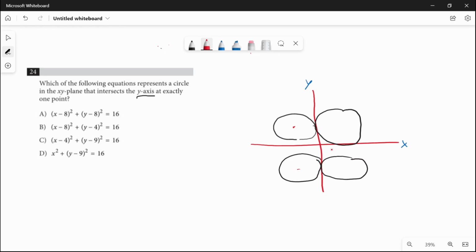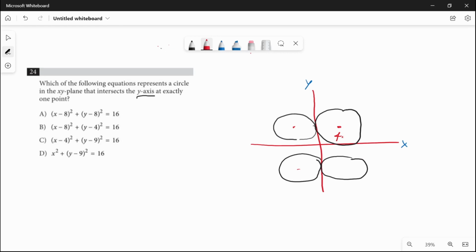We need the center of the circle to be away from the y-intercept by the same value as the radius of the circle. Because let's say this center here is equal to 4, okay, and 5 for example,